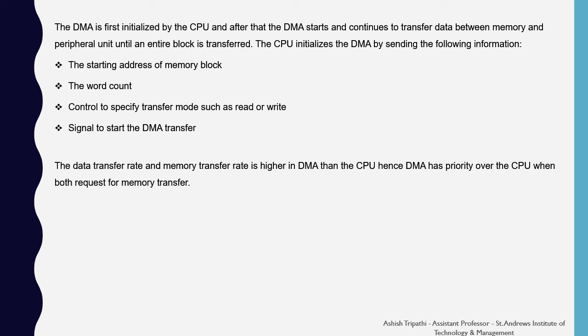So, whenever there is a need to transfer the data between the input-output device and the memory, it can be either done by the CPU itself or by the DMA. To keep up the performance, the CPU hands over the starting address, the word count, the mode of transfer, that is read and write, and the signal to start the data transfer to the DMA device, so that the DMA keeps on with the exchange of the transfer and the CPU can be utilized for some other work. The priority of the data transfer in the DMA is higher than the CPU, hence DMA is the preferred mode of transfer for data.